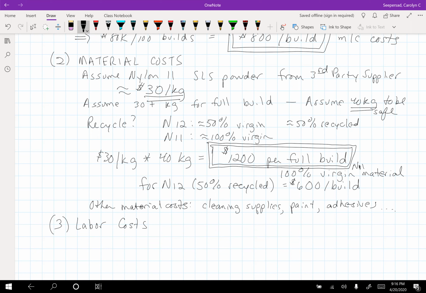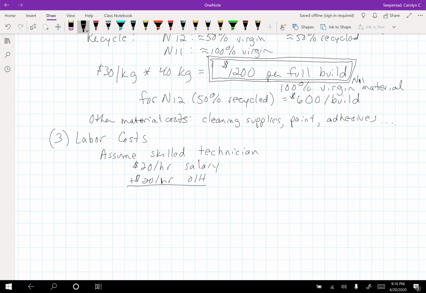So if we've got a skilled technician, $20 per hour for salary, plus another $20 per hour overhead costs associated with the technician, means that the full cost of that technician is $40 per hour, right? It may be more. Lots of technicians make more than that. Per build,